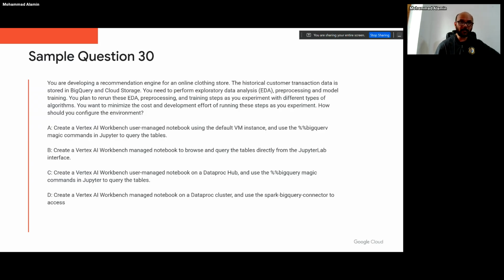So if you now go through with option B, create a Vertex AI Workbench managed notebook to browse and query the tables directly from the Jupyter web interface. This is the approach that provides the best balance of cost effectiveness, ease of use, and integration for your specific needs. Managed notebooks are a fully managed service, meaning Google Cloud handles the underlying infrastructure, security